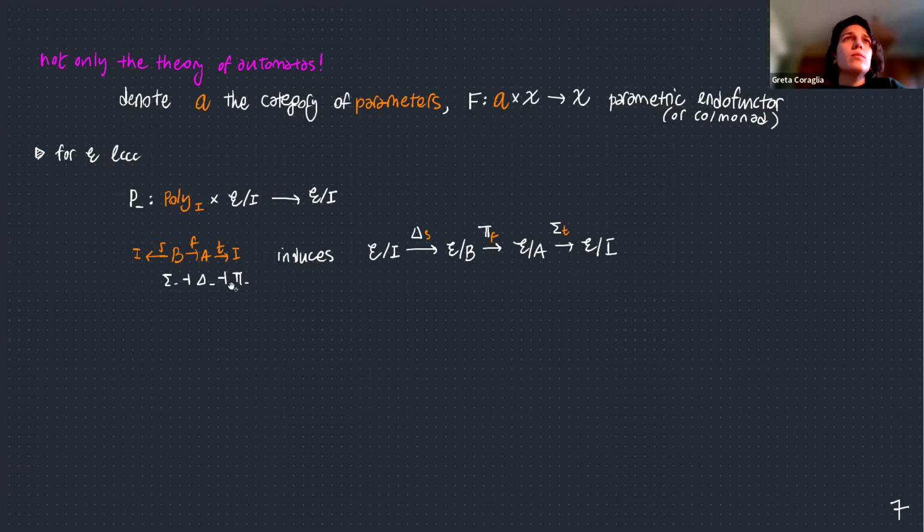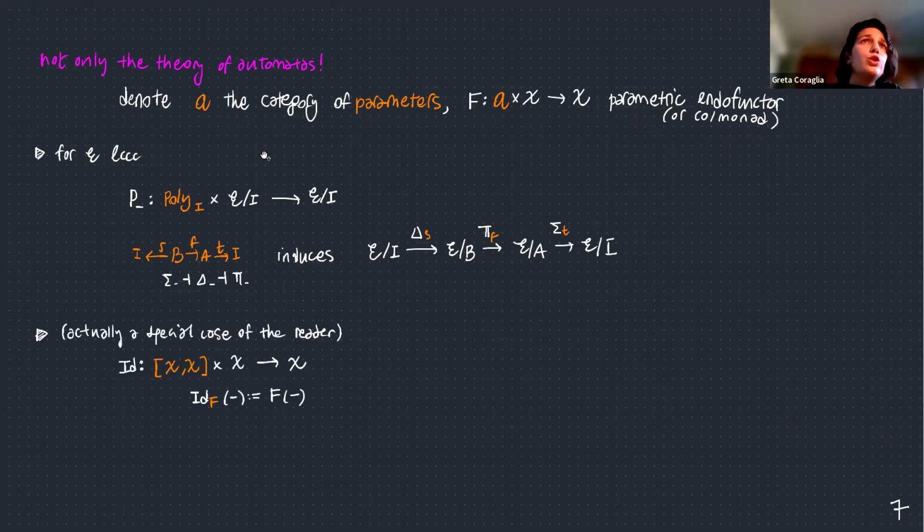So of course, probably all of you know how that's defined, but this is actually another instance of a parametric endofunctor. And in this case, you can see that A and X are not the same category. And one last example that I want to show you looks very trivial, but it's actually quite deep in a sense that I hope to show in a second,